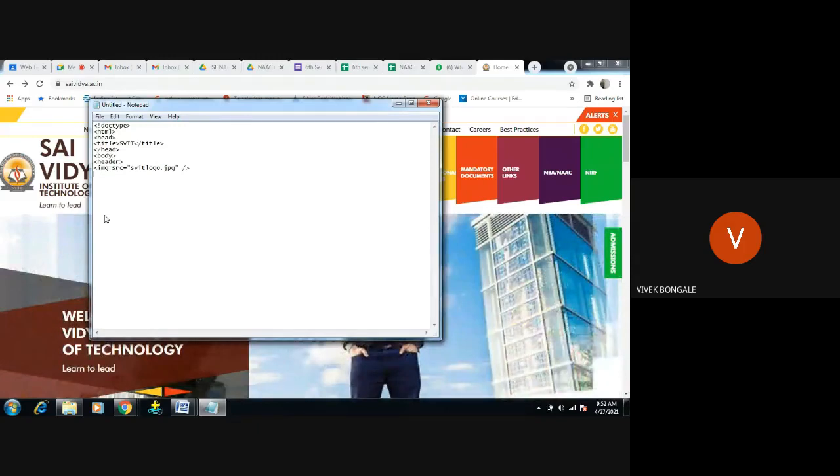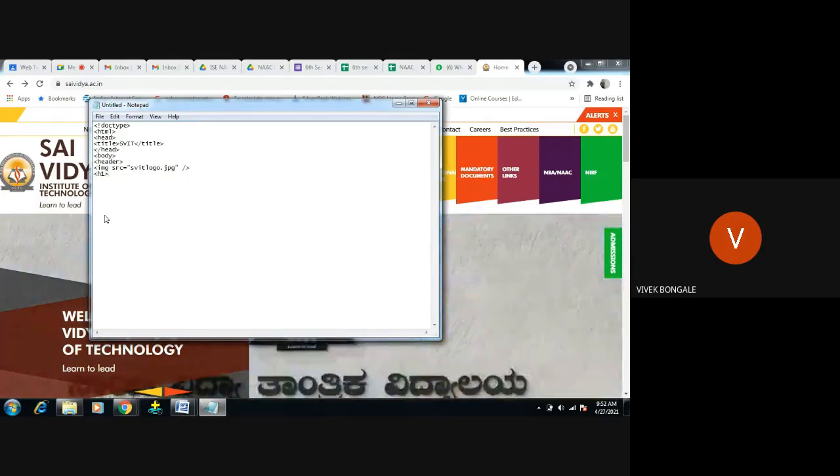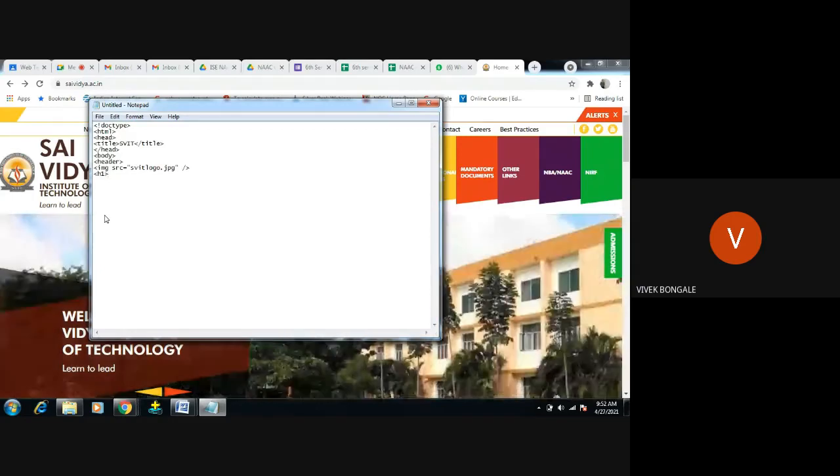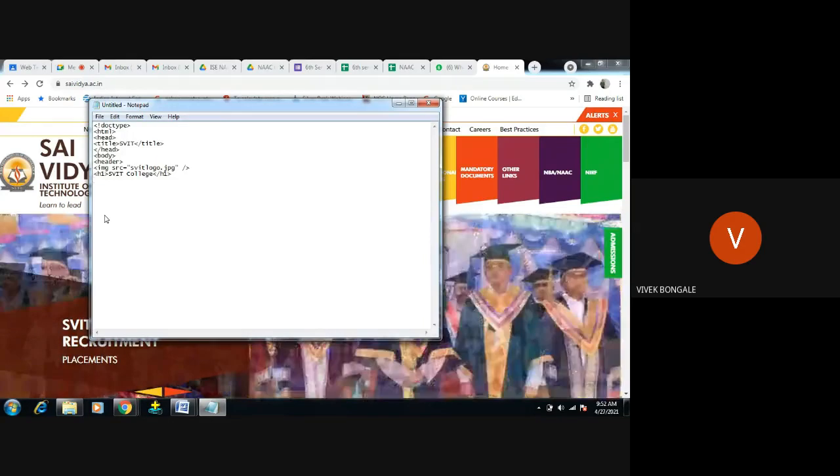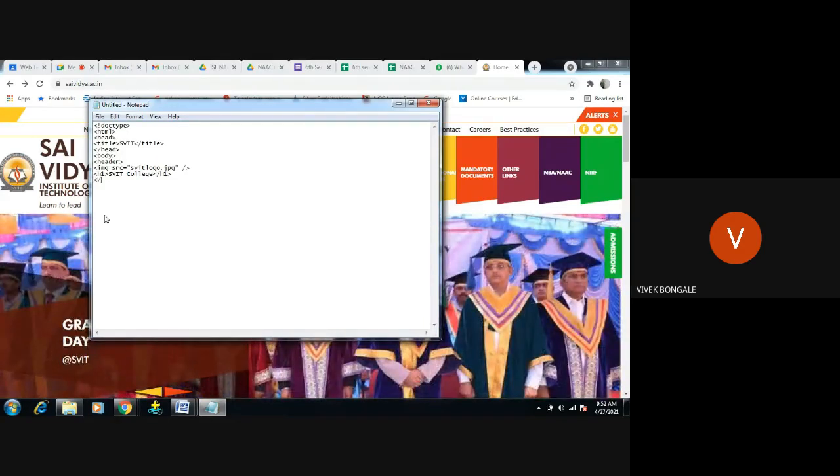Then after that logo I want to display one particular header, so like this I want to display there h1, svit college. I want to display this part after that logo, svit college, /h1, right? So I'm going to close this header now. Only this part I want to display over there.